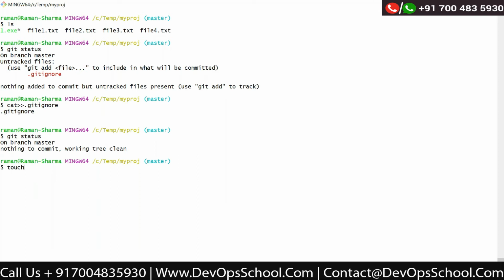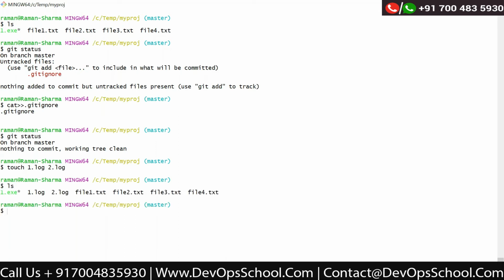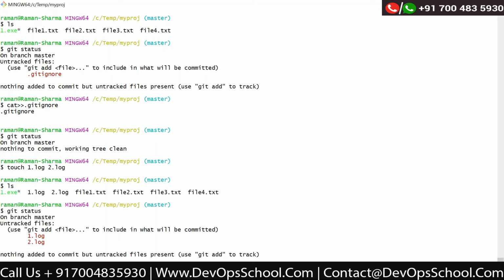Touch 1.log file, 2.log file. Okay. If I say ls, these two files get created. Now if I say git status, these files are showing as untracked files.